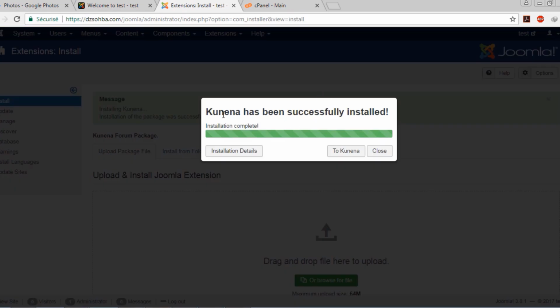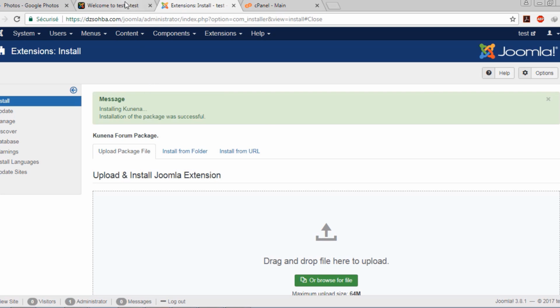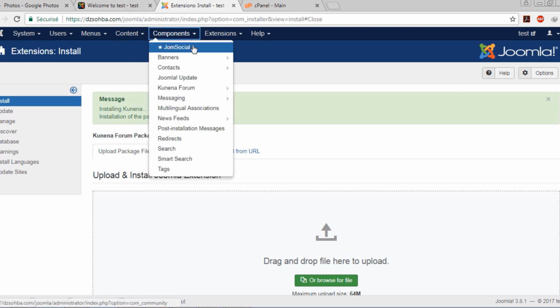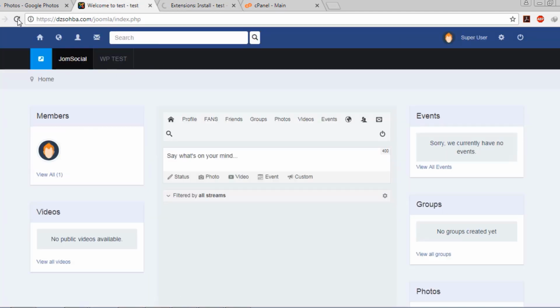So as you can see, the Cpanel has been successfully installed, and that's it. You can check installation details, you can go to Cpanel and you can close. I'm gonna close. And in components now we have the Cpanel forum. If I refresh my website,